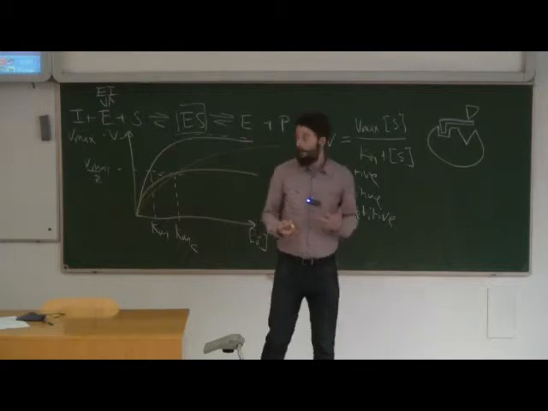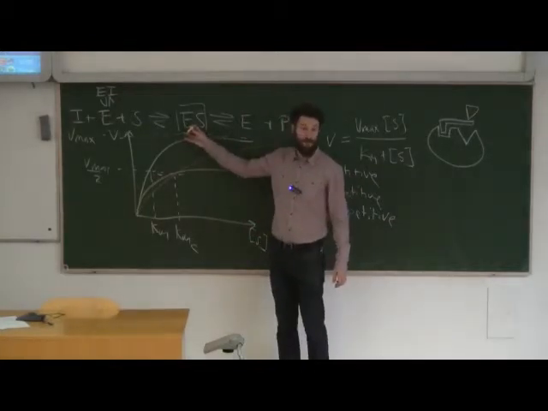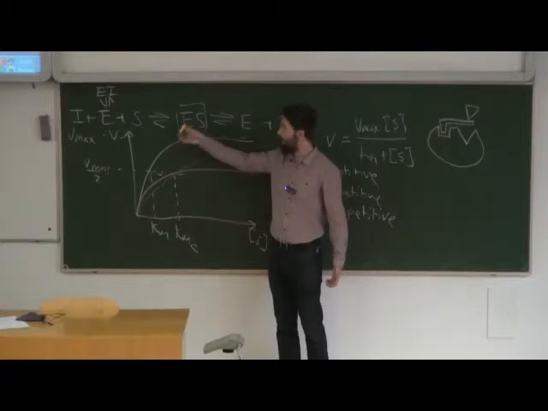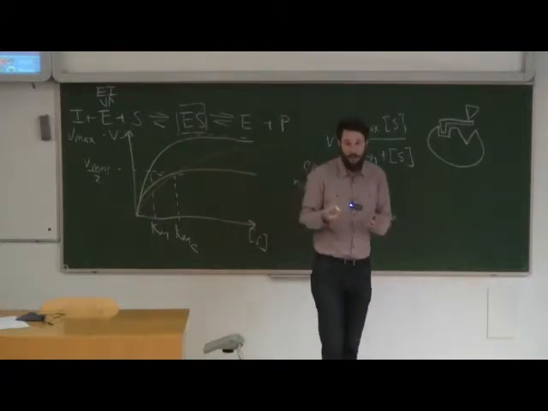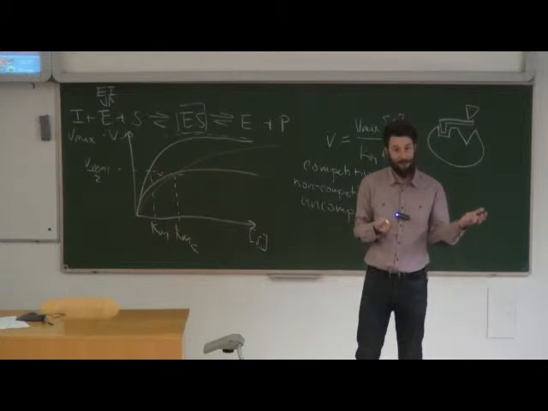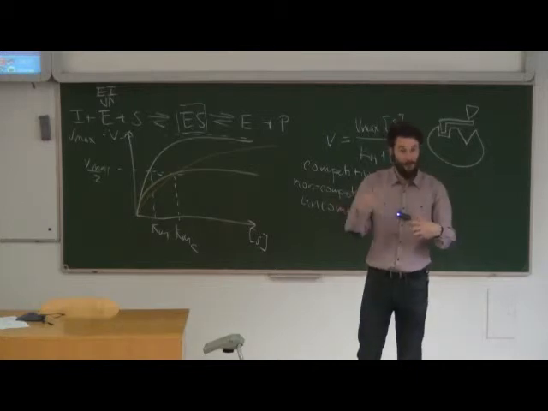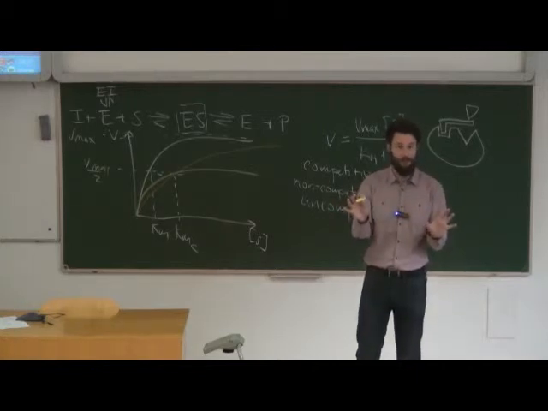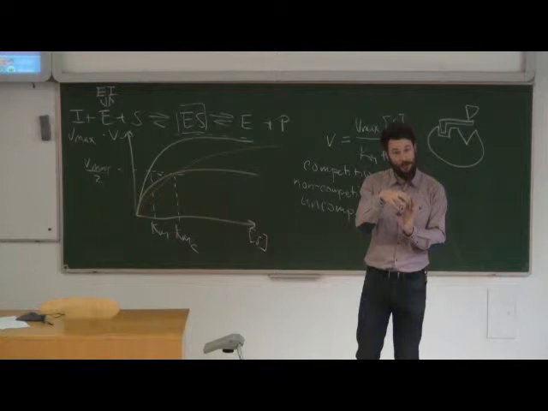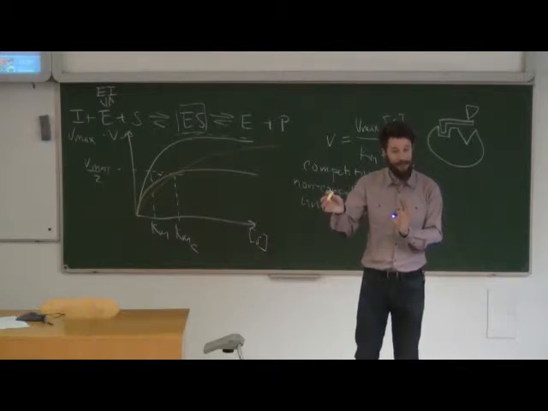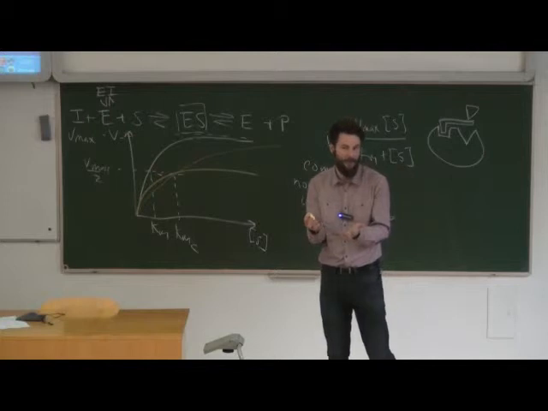Km describes the probability that the ES complex is going to be formed. Now, the probability that the ES complex is going to be formed is not affected by the fact that the inhibitor binds, because the binding of the inhibitor and the binding of the substrate do not affect each other. They happen independently. So the affinity is not changed in any way. Only the complex in which the inhibitor is present is not going to be catalytically active. It's not going to form the products. That's all that happens in the inhibitor complex, but it doesn't influence the binding.